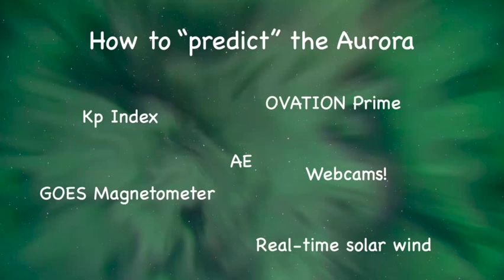I'm going to start with the KP index. I think people have heard of that. I want you to disavow any serious credibility put in KP, and I'll talk to you about why. We're going to go through KP, Ovation. I'm going to go sequentially from less reliable to more reliable data sources, and all these other things